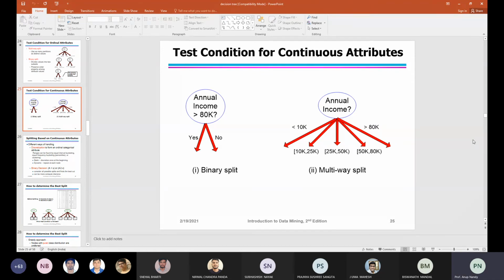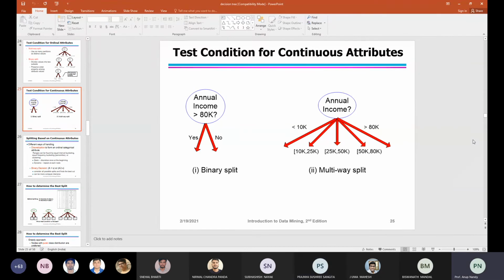So it is a continuous attribute. It may be 10K, it may be 25K, it may be in between 10K and 25K. You have a range. When the range is given, within the range you may have infinite values, because in the range of 0 and 1 you will have infinite numbers. Yes or no?